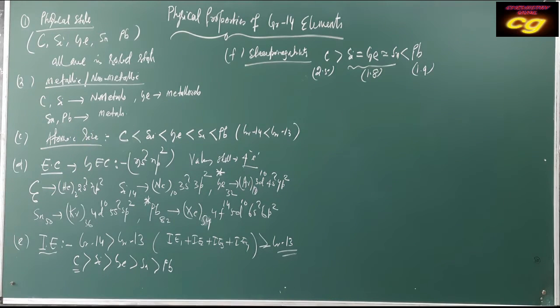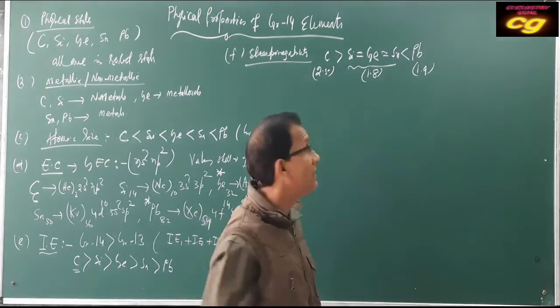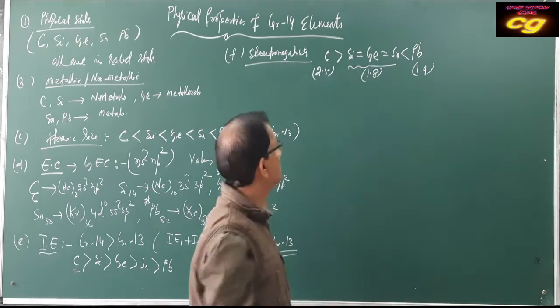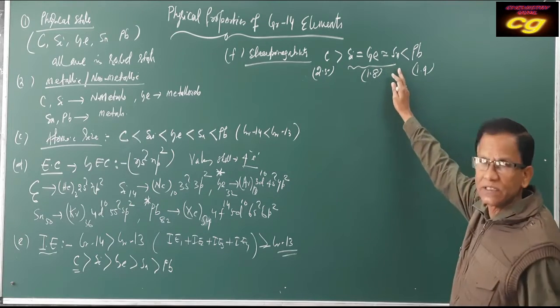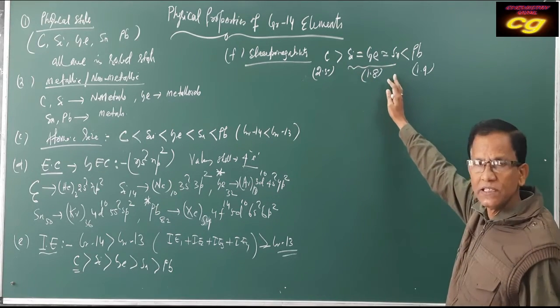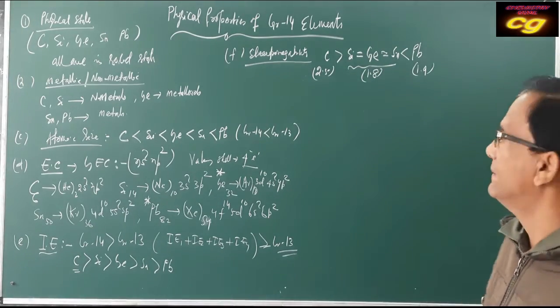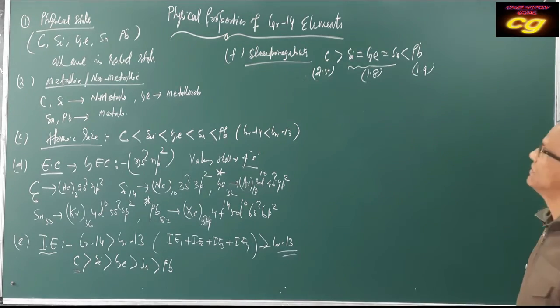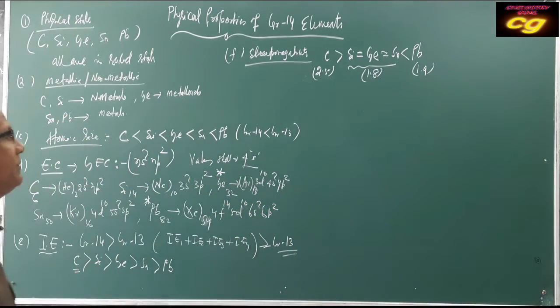Carbon, due to its small size, has maximum electronegativity, but silicon, germanium and tin are almost the same. Why are they showing similar values? Due to increasing size and also decreasing shielding effect. No doubt, when size increases, electronegativity decreases. But here, increasing size also affects the poor shielding effect of the d subshell. That's why the electronegativity is almost the same for silicon, germanium and tin. This is again electronegativity, then density.